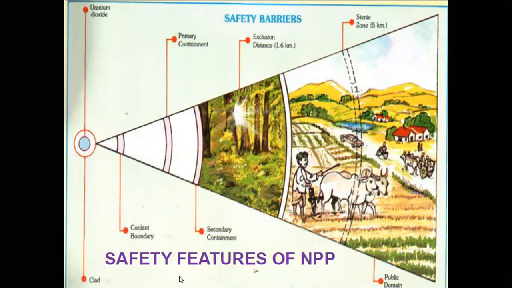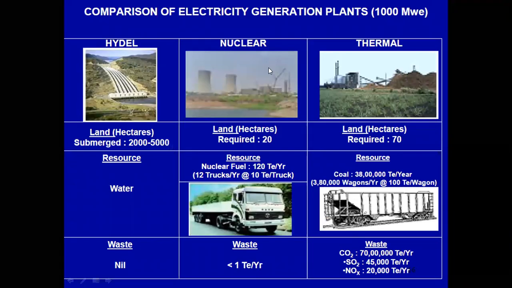Now, the safety precautions of the nuclear power plant. The fuel used is uranium, and the primary contaminant pollutes the environment and destroys the agriculture land. So the nuclear power plant is constructed away from agriculture land, away from forests and deserts, and away from schools, residential buildings, etc. Because it releases radioactive material, and due to the beta and gamma radiation, human beings are affected.